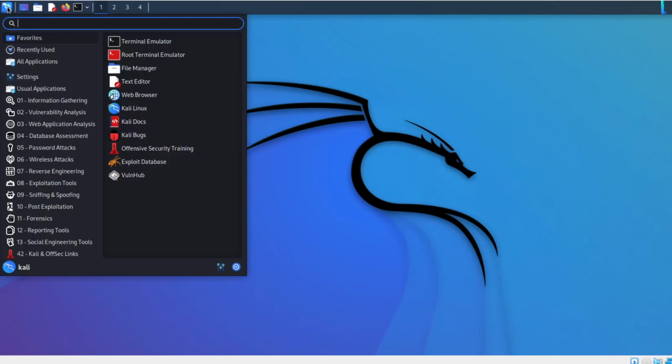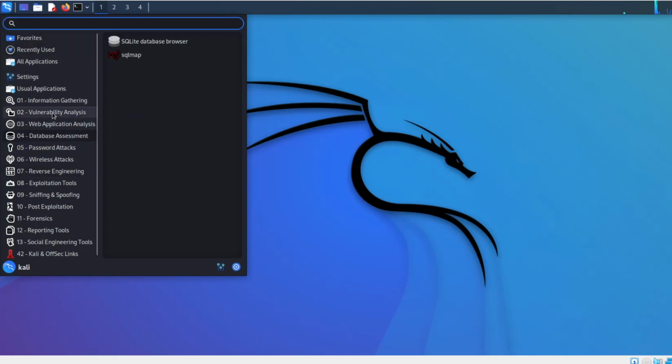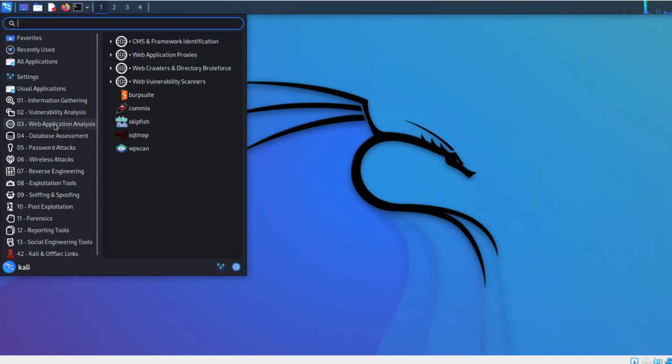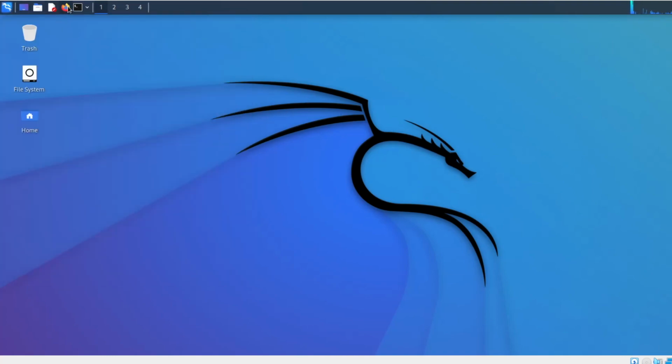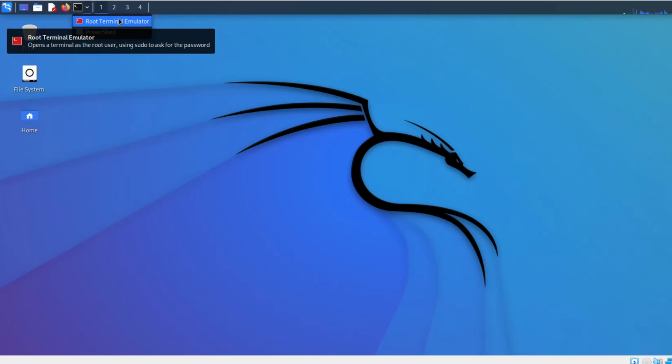From here on the left, you can see that we can find all of the applications and utilities. For the password attacks, for the database assessment, web application analysis, vulnerability analysis, exploitation tools, post exploitation, all of these, as you can see here, all right? And here is the browser, Firefox, and we have the terminal here. You can see that we can open either a terminal emulator, root terminal emulator, or PowerShell as well,